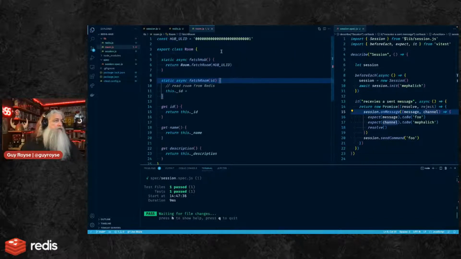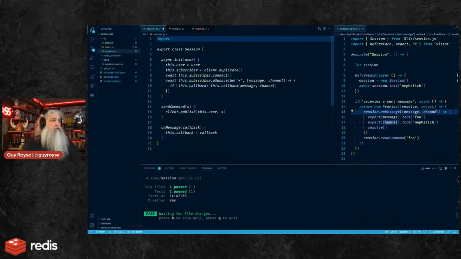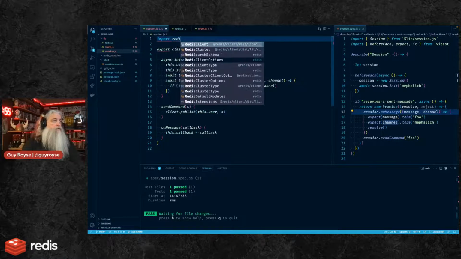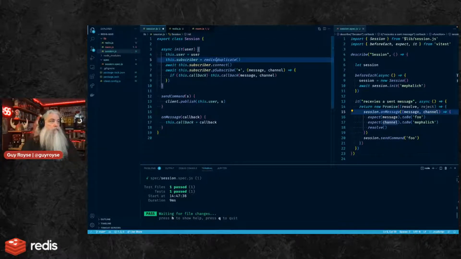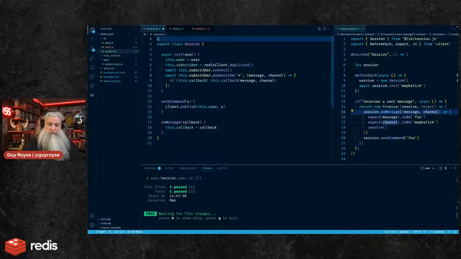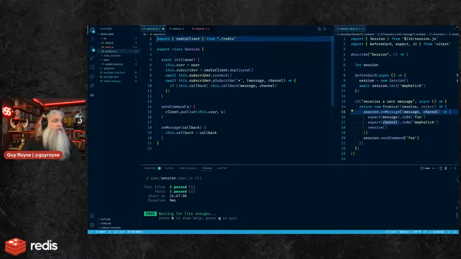And now in the session, we can import the client. Import redisClient from.